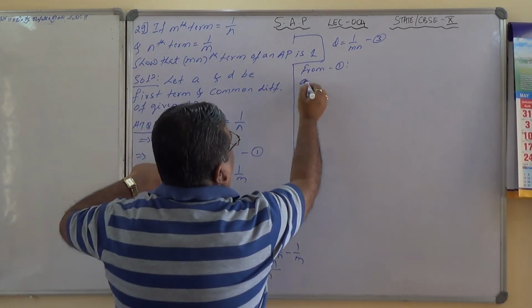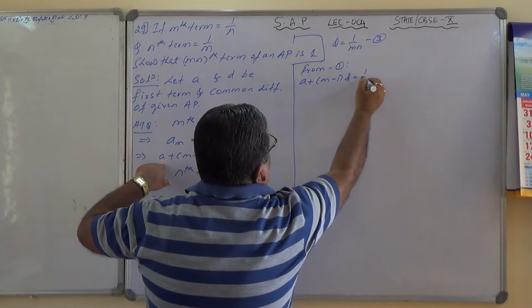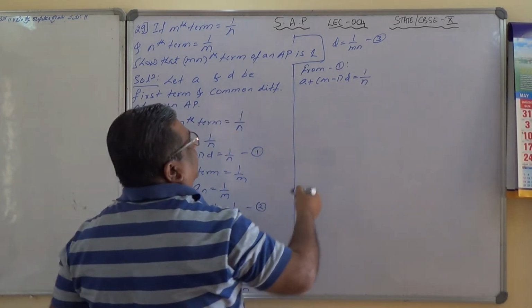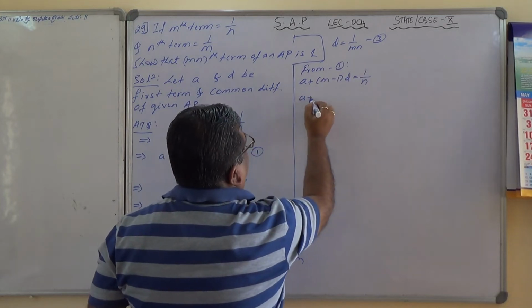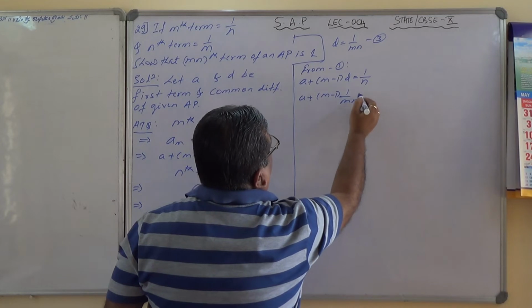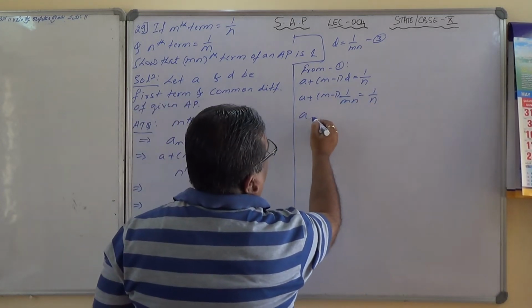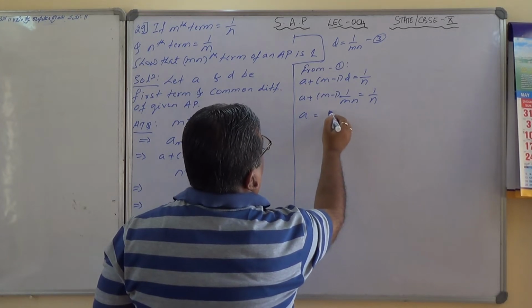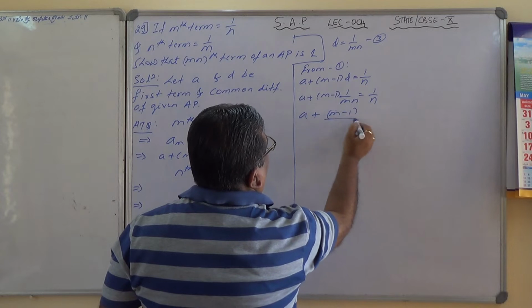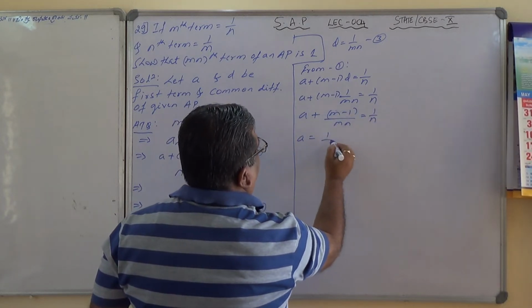a plus m minus 1 into d equals 1 by n here. This is from 1. Substitute the value of d in this. Okay, and therefore a plus m minus 1 divided by mn equals 1 by n. a equals